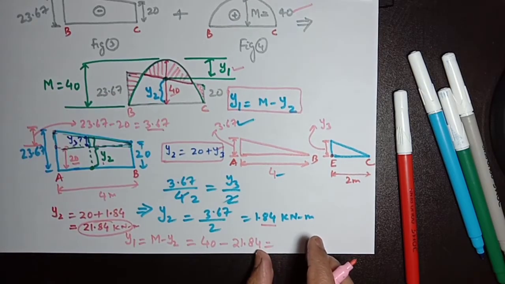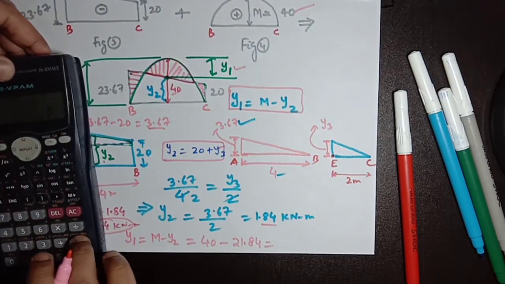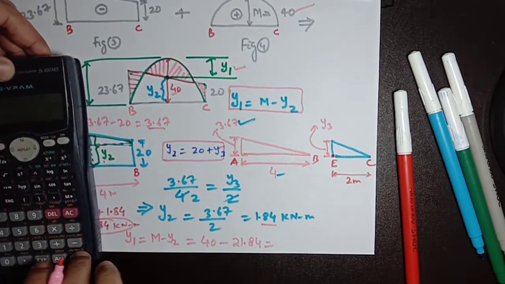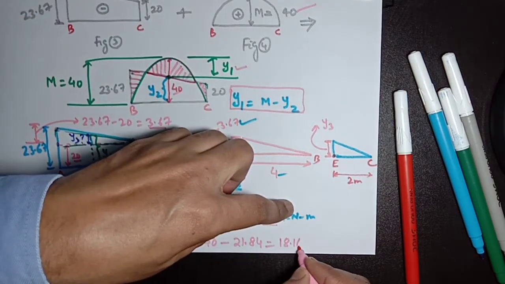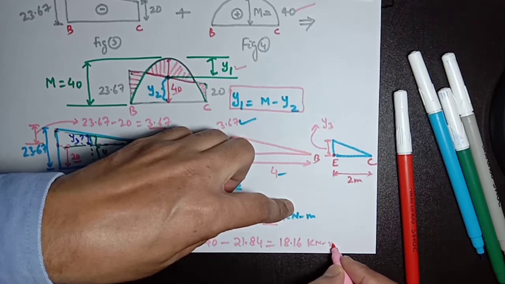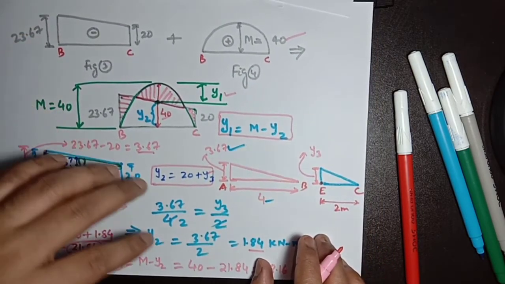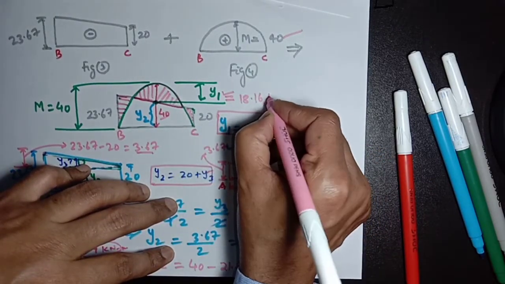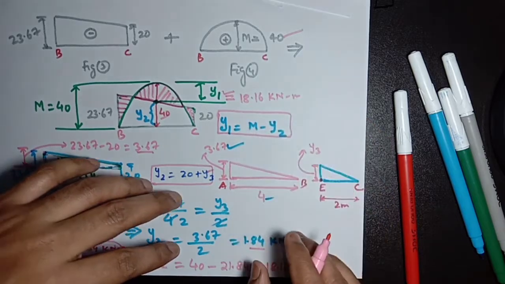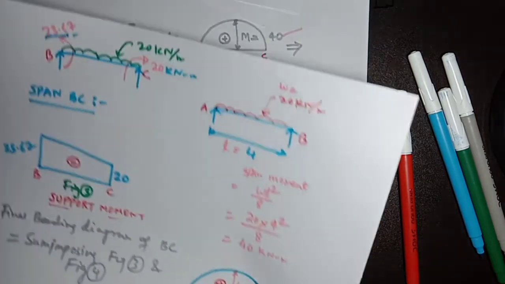So this value will be 40 minus 21.84, which is 18.16 kilonewton meter. This is the maximum final span moment for span BC. And in span AB, the maximum final moment we have calculated here was